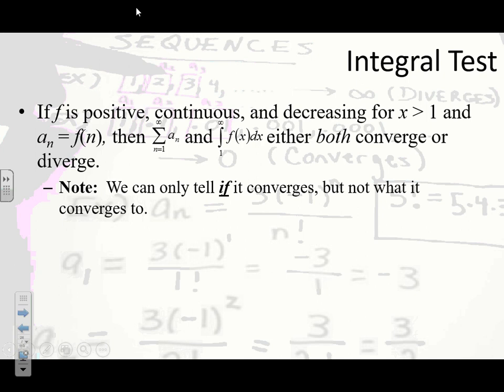So with our geometric series, when we determined that it was convergent, we could actually calculate the sum of that convergence. With an integral test, there's no way to tell what it converges to, only that it does converge based on this test. Does that make sense? Okay. So an example,